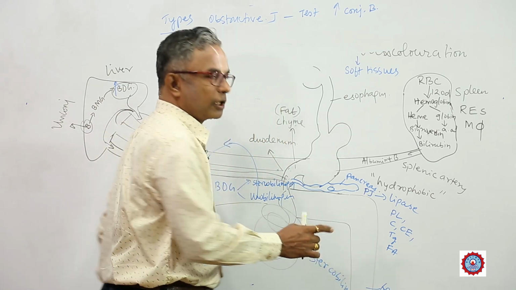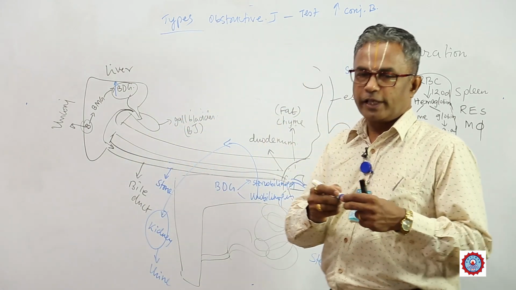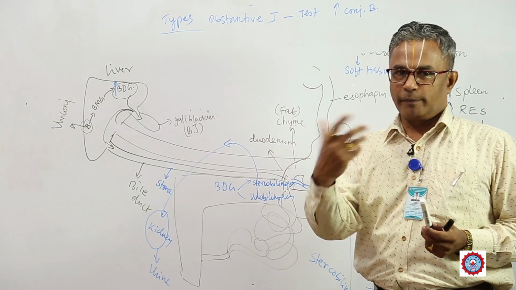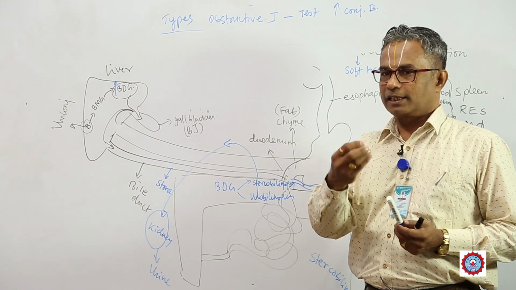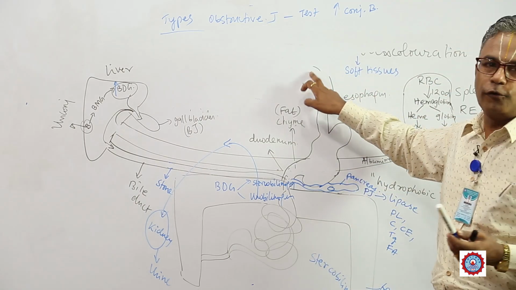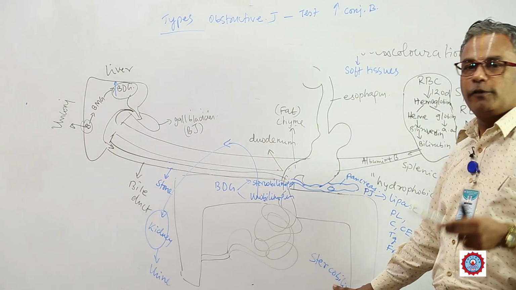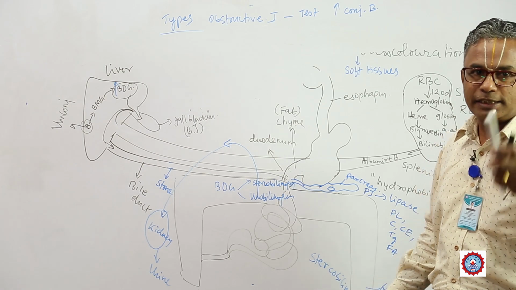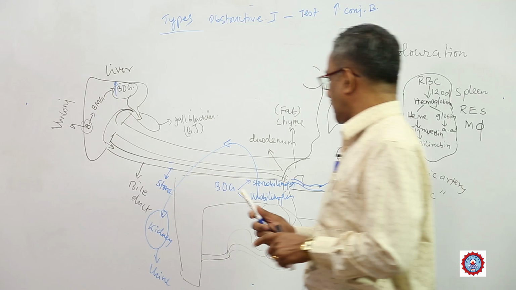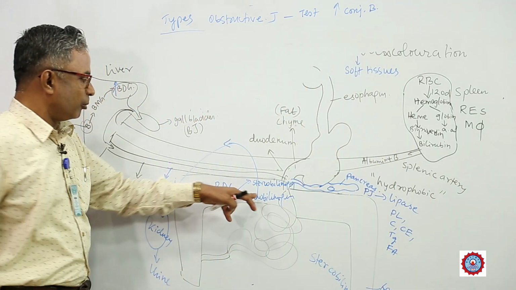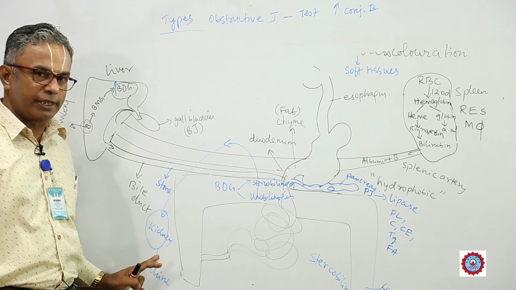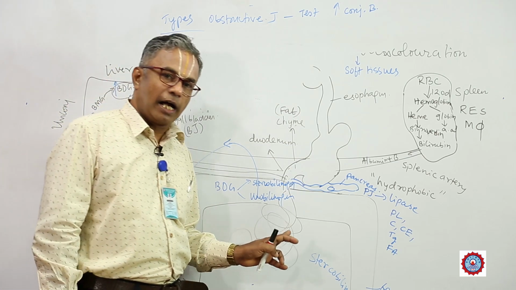This will give the color to the feces. Every day the feces color will be different. Suppose you eat beetroot, the color will be different. Suppose you eat greens, keerai ellam saapte, the color will be different. So depending upon the type of food that you eat, the color of the feces will change, and that change is mainly brought about by this compound. Okay. Similarly, the urobilinogen, which is transported back through enterohepatic circulation, comes to the kidney, and